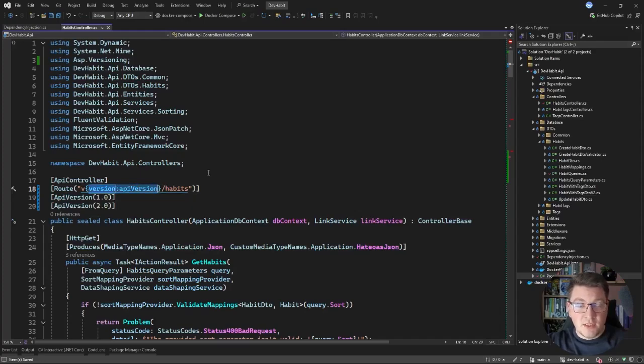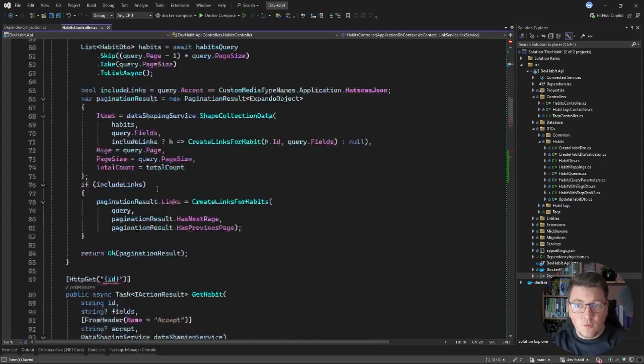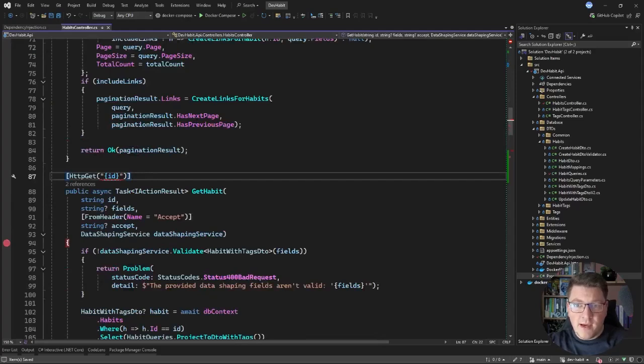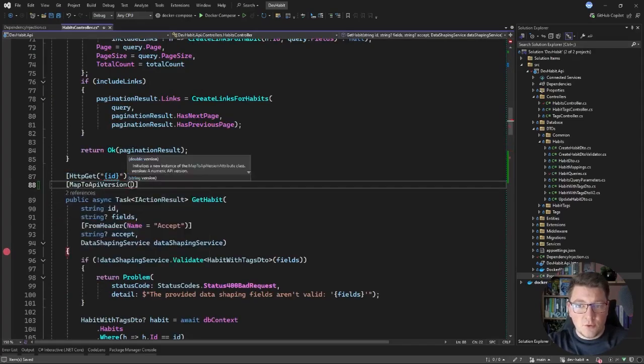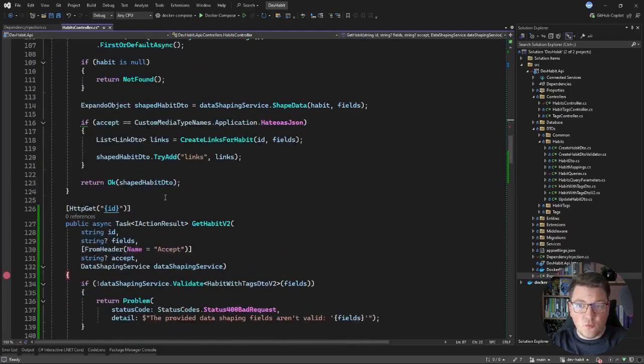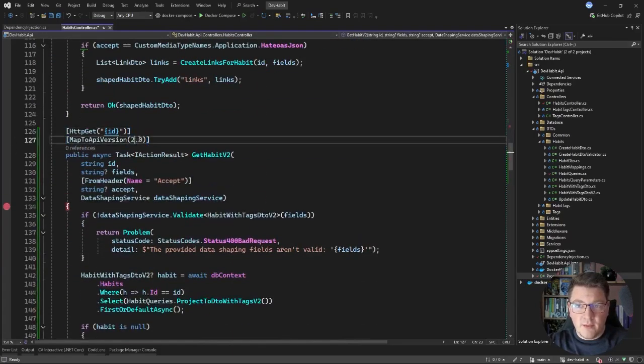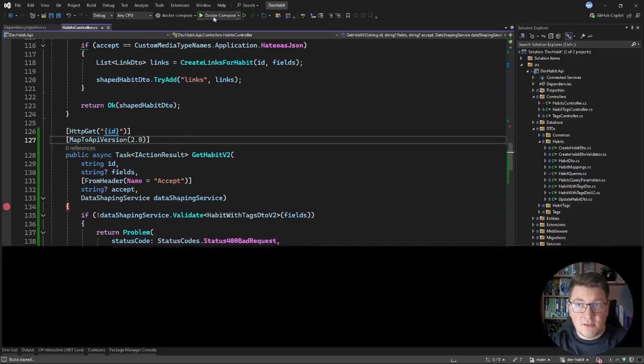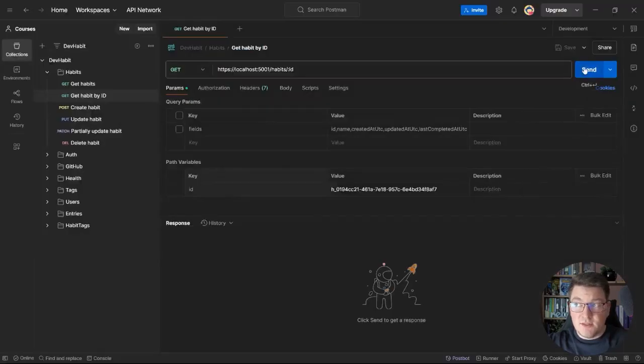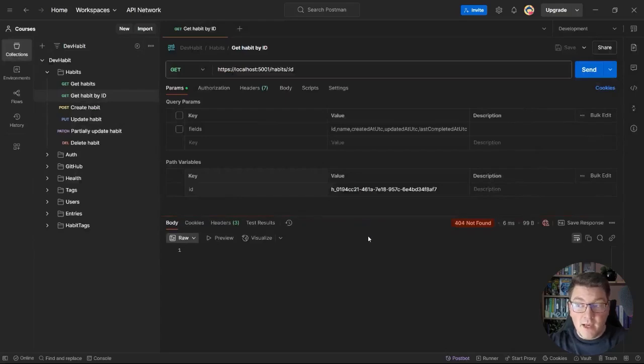Now, when it comes to our API endpoints, we have to decide which one should map to which API version. For this, there is the map to API version attribute. So this endpoint should map to version 1, and our new endpoint should map to version 2. And now I can start my API, and if I try to send the same request as before, we will get back a 404 not found response. This is because I'm not specifying the API version in my URI. But if I say version 1/habits/the habit ID and send this